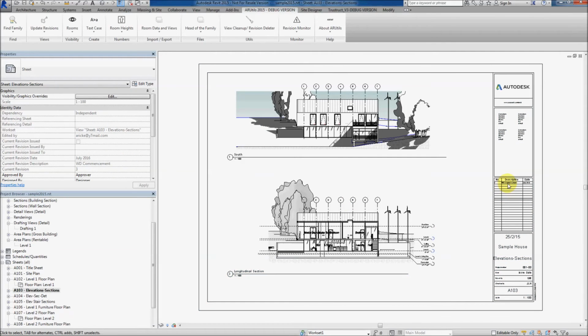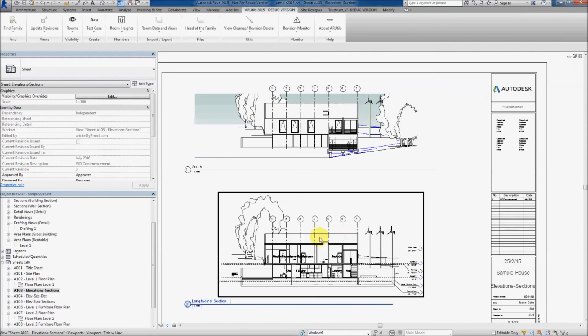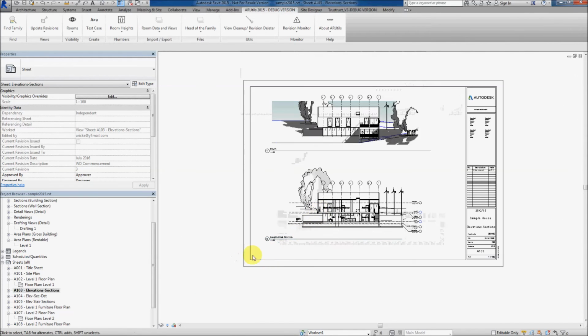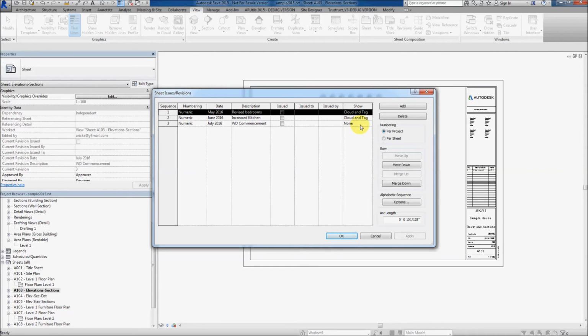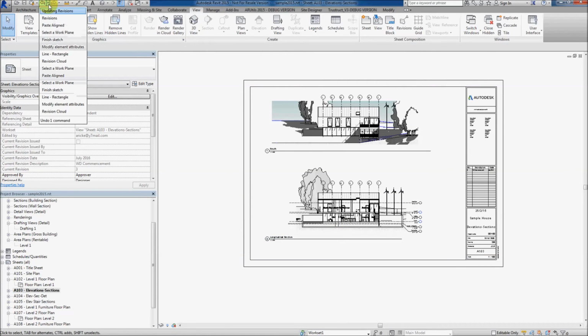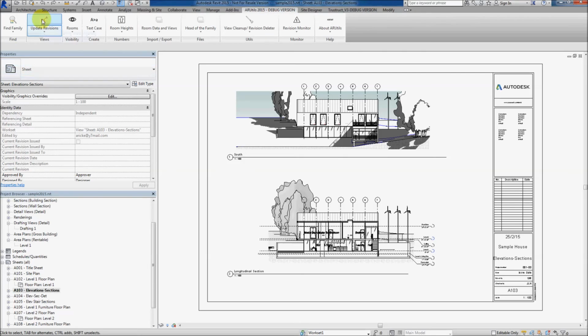Okay, and you'll see now that on this sheet we've got that revision appearing, and there aren't any apparent revision clouds or tags, simply because that particular revision had the show option set to none. So the last option to look at is, after we just undo that last command, we can in fact say update revisions